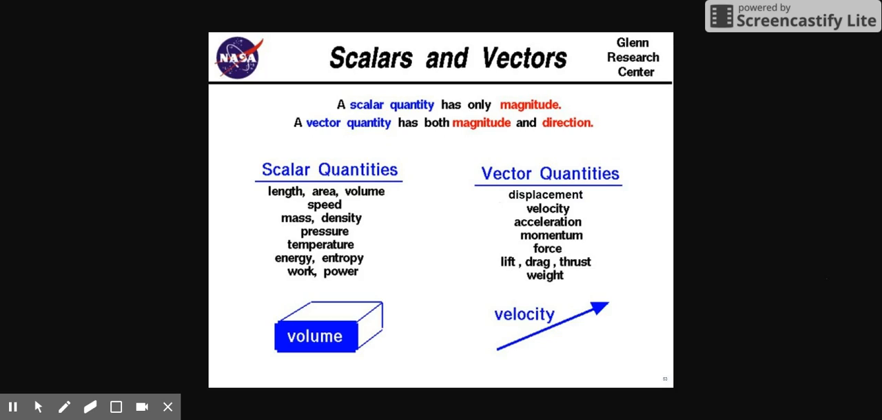So if we look at our scalar quantities, length, area, volume, these are all going to be distances. So length is distance, area is distance squared, volume is distance cubed. We've got speed, mass, density. Notice mass and density are probably the easier scalars to understand. It doesn't matter the direction your body is pointed in. Your mass is not going to change. The density of a penny, regardless of where it is in the universe, heads up, tails up, it's going to